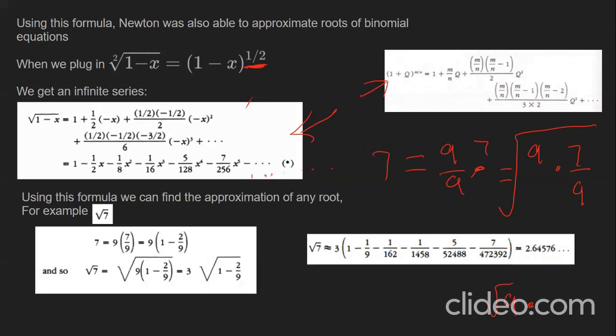This has changed. No, I think you're okay. Yeah. And you go equals 3 times the square root of 7 ninths, right? It should be. Let's say right. Oh, 7 ninths, because I didn't factor the 9 out. Yeah. If you factored out the 9 here, you would eventually get to 3 times the square root of 1 minus 2 over 9. This is the same thing as writing the root of 7.